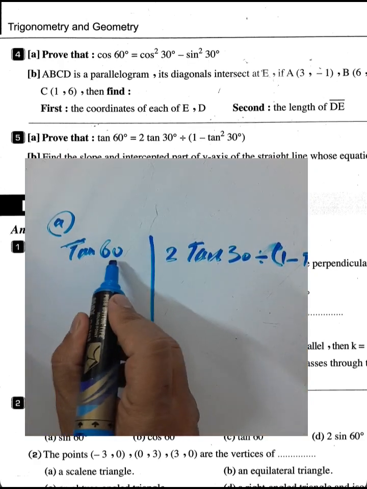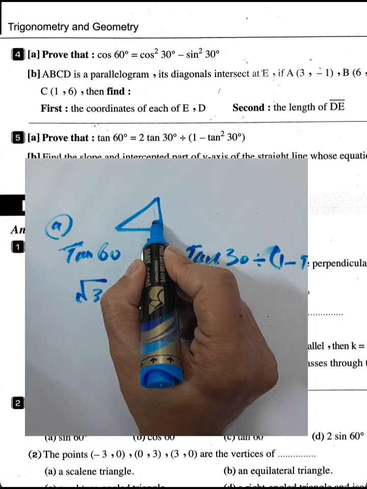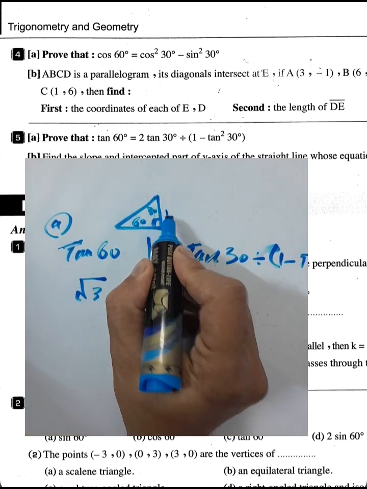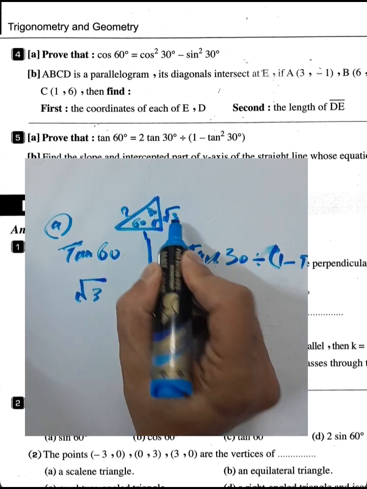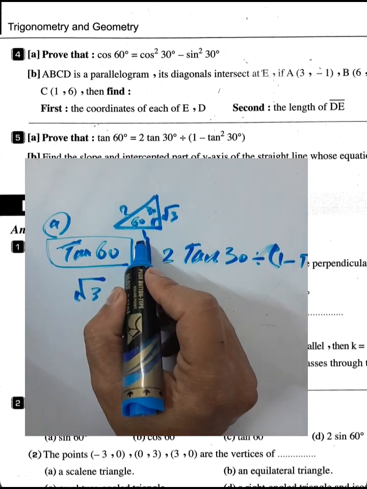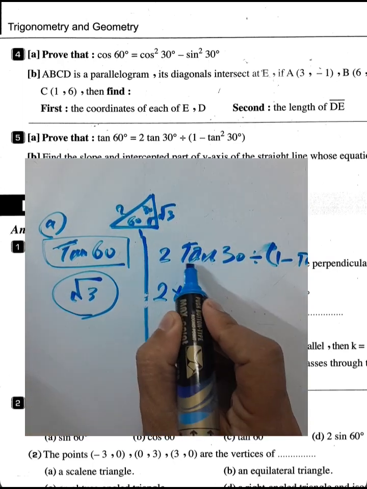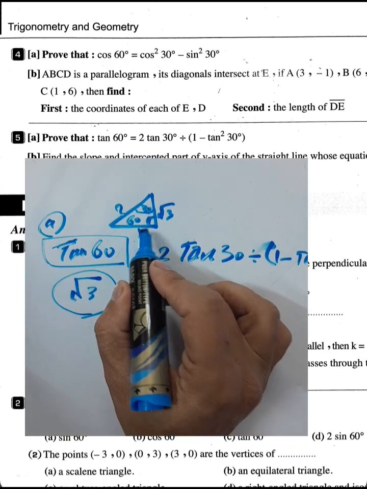We have tan 60, it will be root 3. We can draw the triangle with 60 and 30, sides 1 and 2 and root 3. Tan 60 is opposite over adjacent, it will be root 3. And here 2 times tan 30, tan 30 is opposite over